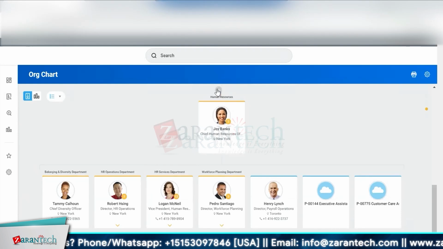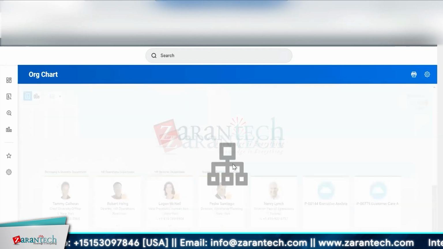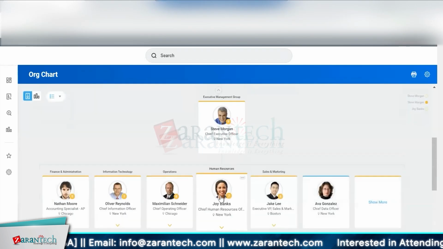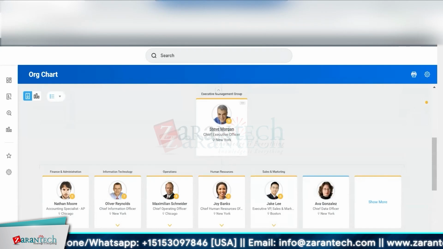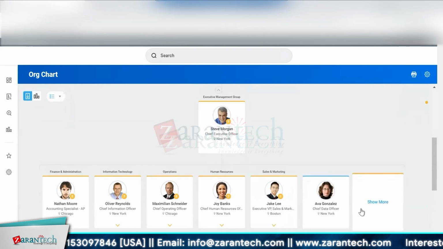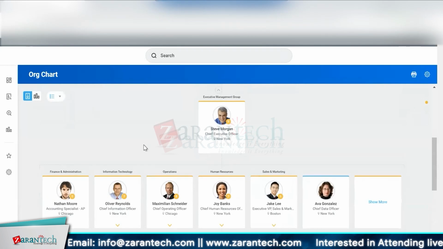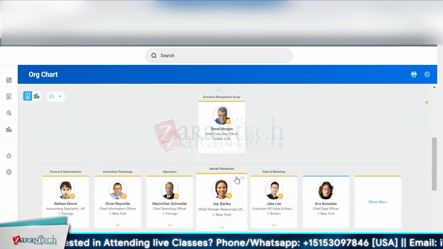And if I want to go up and see what Human Resources kind of reports into? Oh, Joy Banks, and Human Resources is under the executive management group. And then there are these peers of other departments in here. So I'll get into this part a little bit more, but again, around the navigation, I can go ahead and